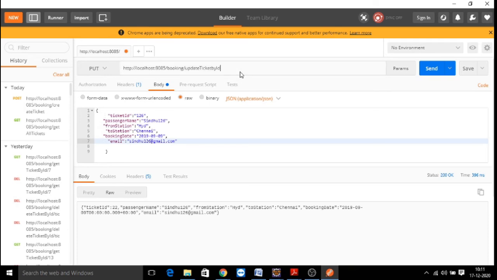For the put request, first you need to give an email, sindhu126@gmail.com, /ticket/ your ticket ID 126, right? And now you want to modify this, do some changes.